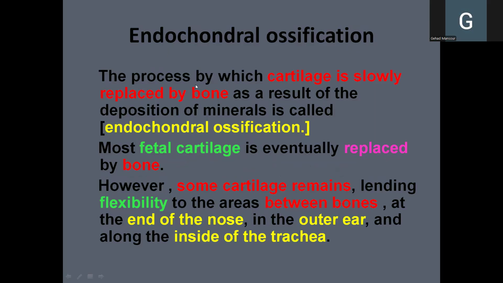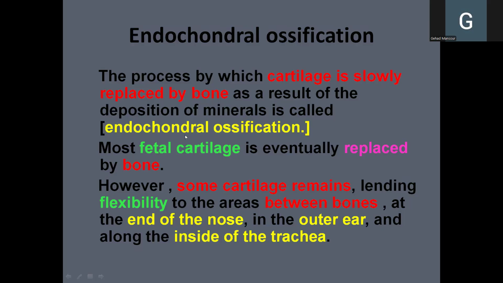So endochondral ossification is actually a process that occurs slowly, in which there is gradual replacement of cartilage by bone. The cartilaginous matrix is being mineralized, and calcium and phosphorus are being deposited. So how does this occur? The slow conversion of cartilage into bone by the deposition of minerals onto the cartilaginous matrix, and that's why we